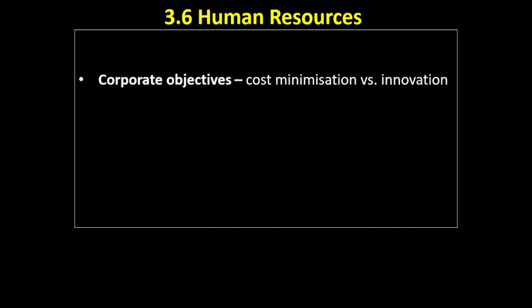Well, first of all, the corporate objectives. You have to have an organisation that is designed in a way that is going to allow you to hit your corporate objectives. Maybe that's cost minimisation, and we're struggling to survive, and we need to make sure we're minimising our costs. In which case, we might take a centralised approach where management are keeping a real eye on costs. They're making all the decisions centrally, trying to gain economies of scale. Or we might be following a really innovative approach where we're allowing our staff freedom to come up with ideas, in which case a decentralised flat structure might be a better approach.